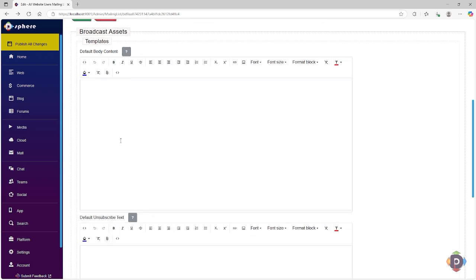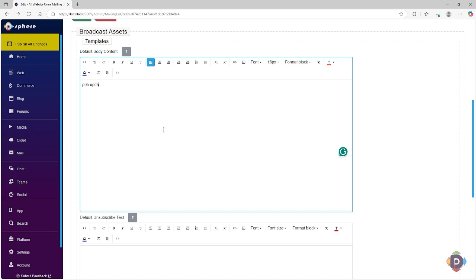Then you can set up the body content. So if every single mailing broadcast that goes against this mailing list will have, I don't know, P95 update, it will then show this as a subject matter. It is a rich text field. You can bold, you can italicize. We're just getting ready to program all of the really cool table layouts with colors and effects and things like that. That's not in place as of yet, but that's coming very, very soon. More than likely, by the time you actually use this software, you'll have it ready. I can't get rid of this bug. It's really annoying.